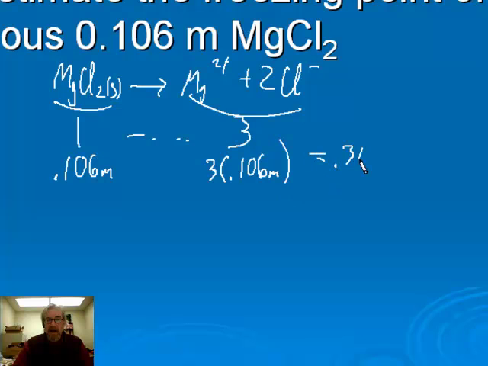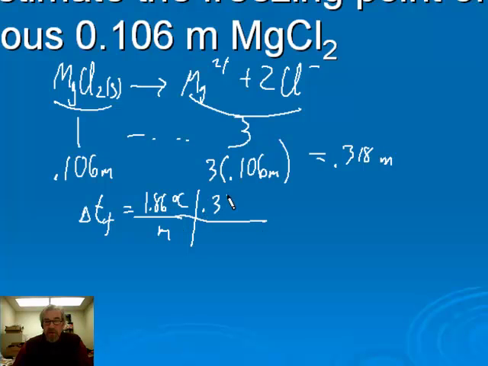So our effective molality here really is 0.318 molal. So what's the freezing point depression? Well, delta Tf is equal to 1.86 degrees C per molal times what we now know is an effective molality of 0.318 molal. When we multiply this together, we get 0.591 degrees C. So the freezing point is negative